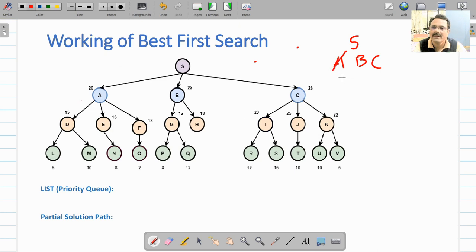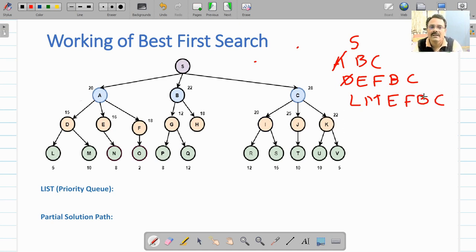Then you put D, E and F, and B and C were already there. Then D was best, you removed it. Then you got L, M, and E, F, B, C were already there. So up to this point your priority queue will have nodes L, M, E, F, B and C.